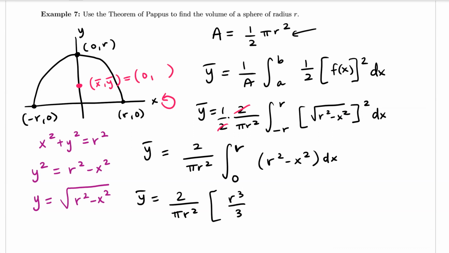However, we're not integrating with respect to r, we're integrating with respect to x, and r is a constant in this scenario, so the antiderivative would be r squared times x minus x cubed over 3,